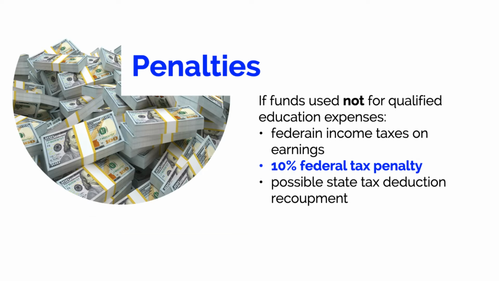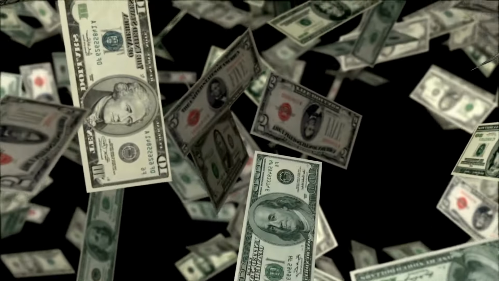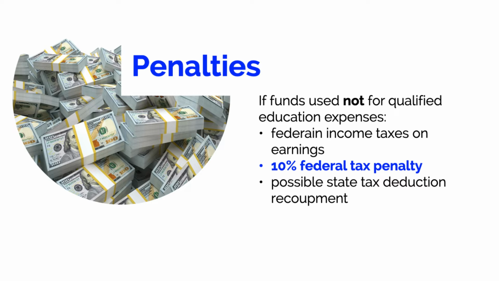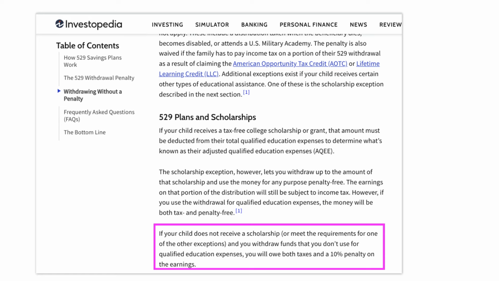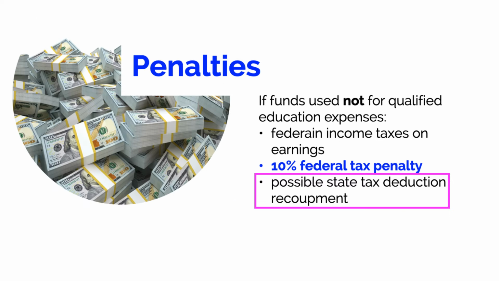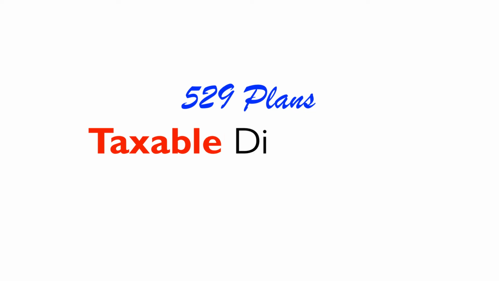Withdrawals from a 529 plan account can be taken at any time for any reason. But if the money is not used for qualified education expenses, federal income taxes may be due on any earnings withdrawn. A 10% federal penalty tax and a possible state tax deduction repayment can also be added, except when due to death or disability. Let's calculate whether you have a taxable portion of your 529 distribution.